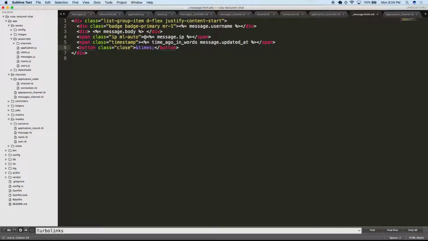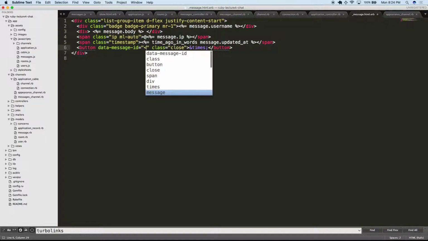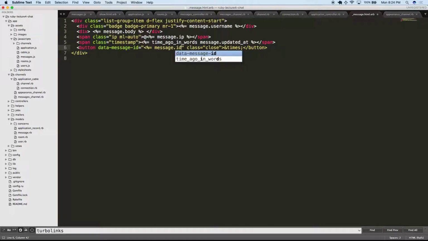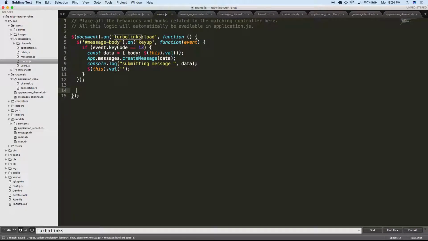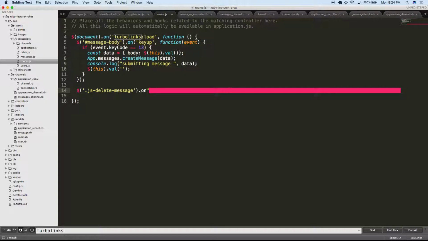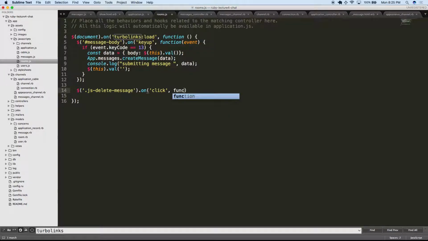So let's go ahead and remove that, and we're actually going to say data message ID, and here it's just going to be the message.id. And then class, we'll say JS delete message, so we can identify it. Now in rooms, we're going to want to look for that object, JS delete message, and on click, we're going to want to define an event. So we have our function, and it takes an event,